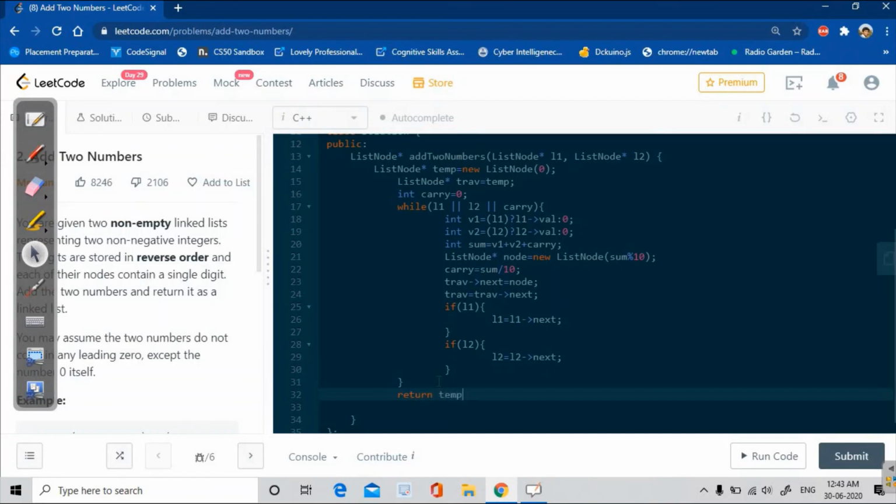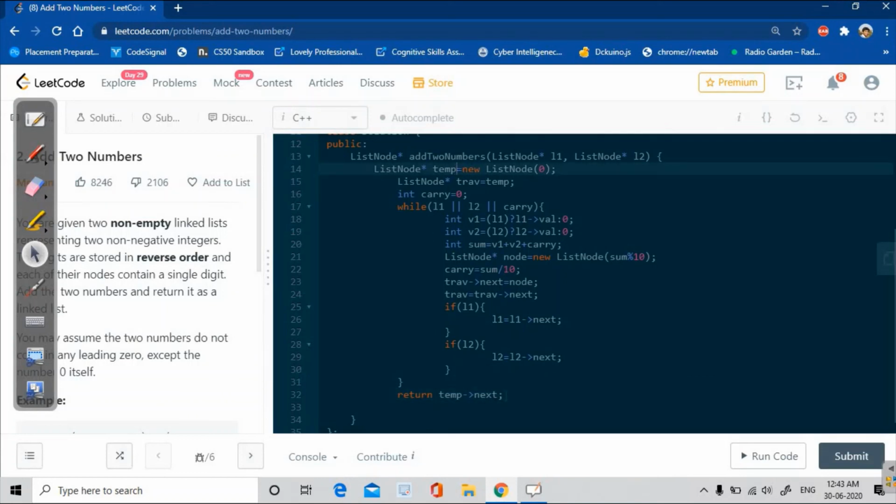Carefully see here, guys, temp next. Why am I returning temp next? The first thing is that temp is my starting node, and in the starting node I have created a dummy node with value 0, which was created by myself. So this is not valid. Our actual solution starts from temp next, that is after temp.